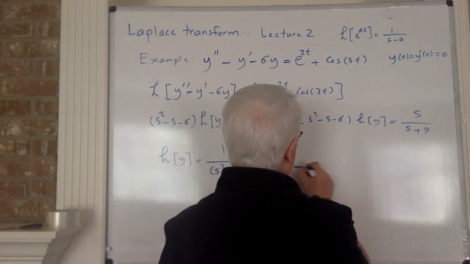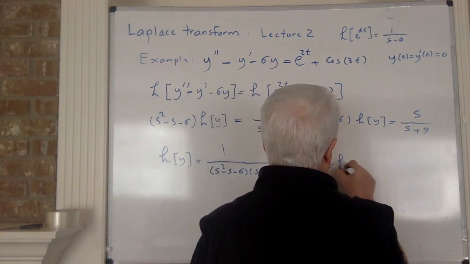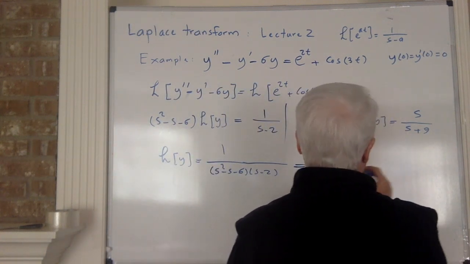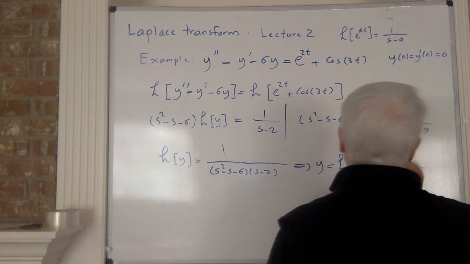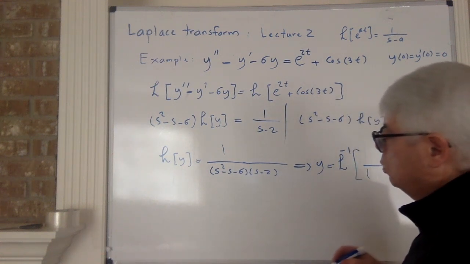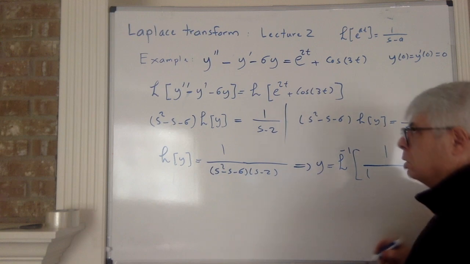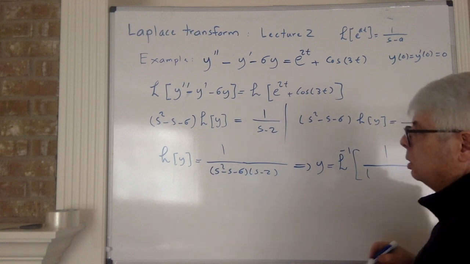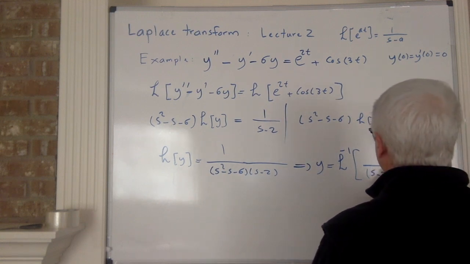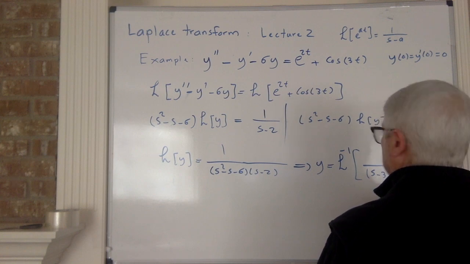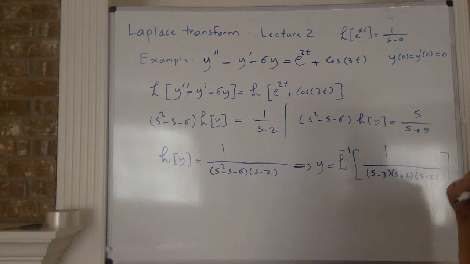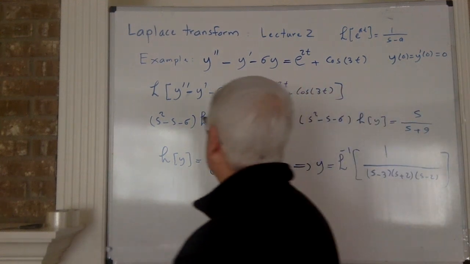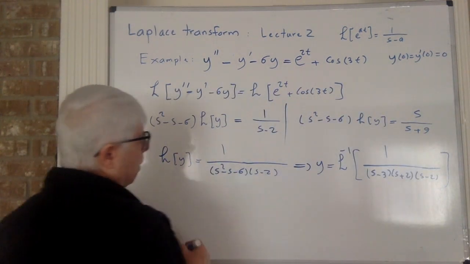So y is L inverse of this, 1 over, well, s squared minus s minus 6. Since 2 times 3 is 6, that is (s minus 3)(s plus 2), s minus 2, right? S minus 3, let me check, that's minus s, and minus 6, yeah, correct. So I have this thing, and